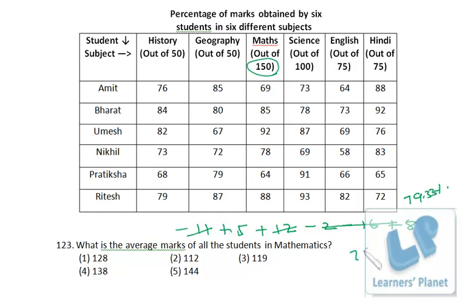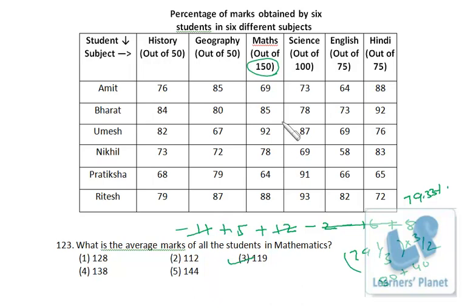So if we multiply 79 1 by 3, this is 79.33%, with 3 by 2, we'll be getting the actual marks, right? Percentage is from 100 and actual marks is from 150. So 150 is 3 by 2 of 100. So 79 1 by 3 into 3 by 2, or you can assume it to be 80, around 80. So 80 plus half of 80, that is 40. So your answer will be around 120. So closer to that is 119. Okay, so that's pretty simple.